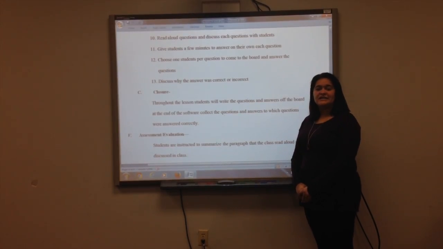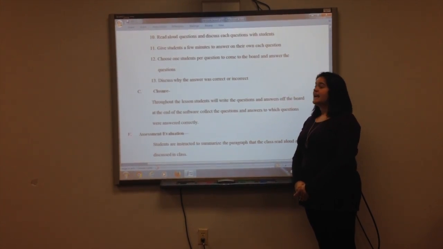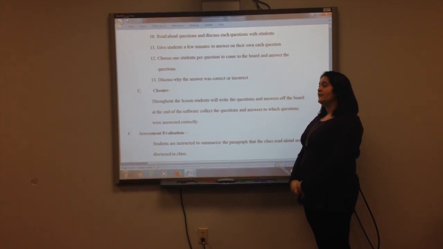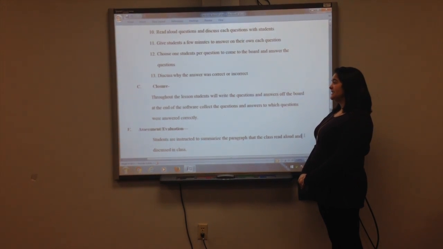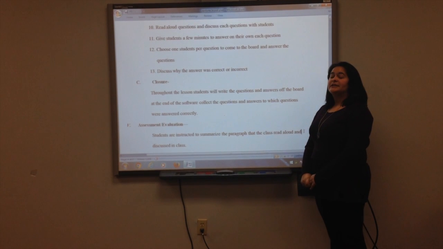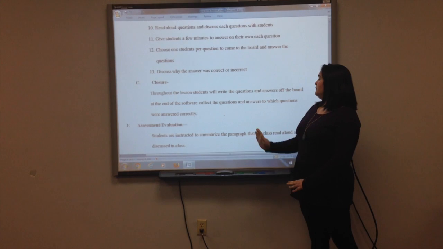Once the student chooses an answer on the software, it will tell us if it is correct or incorrect, and we will discuss in class why that answer is correct or incorrect. For our closure, throughout this lesson, the students will write down the questions and answers off of the board. At the end of the software, we're going to collect all the questions and answers and mark which ones are